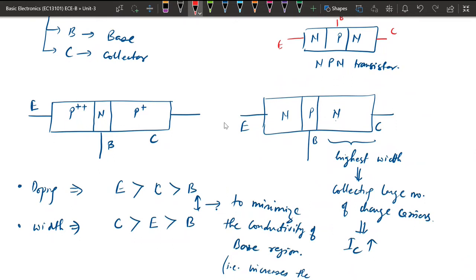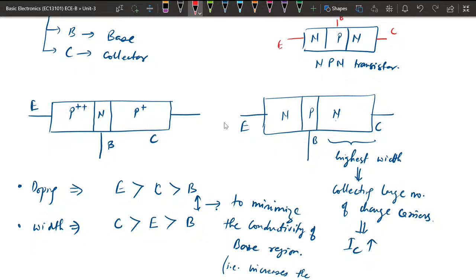Also, once we fabricate a transistor, it is fabricated such that the emitter is made to have high doping. Okay, and the collector is made to have moderate doping, and the base region will have very low doping. Okay, so why is it made low? Because once low doping is there, that means a low number of charge carriers will be available here. If doping is high, this means a high number of charge carriers will be there.